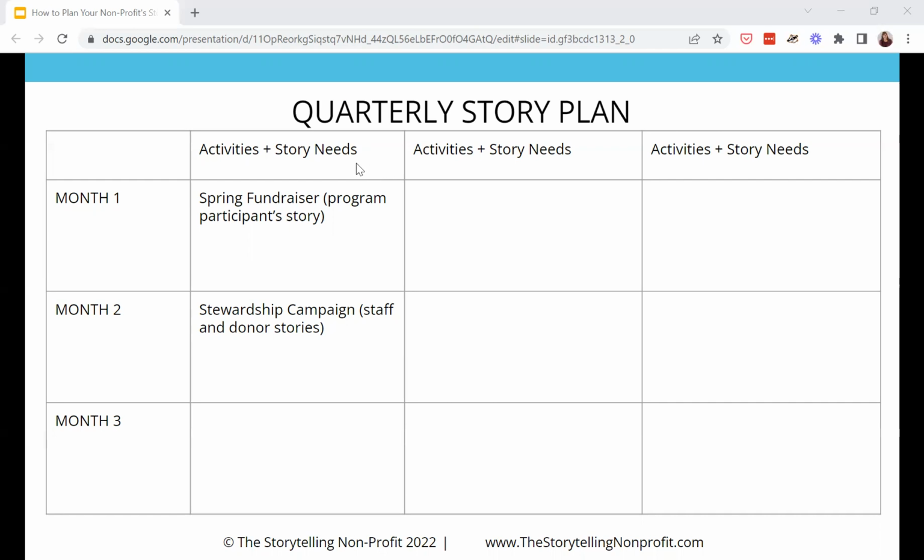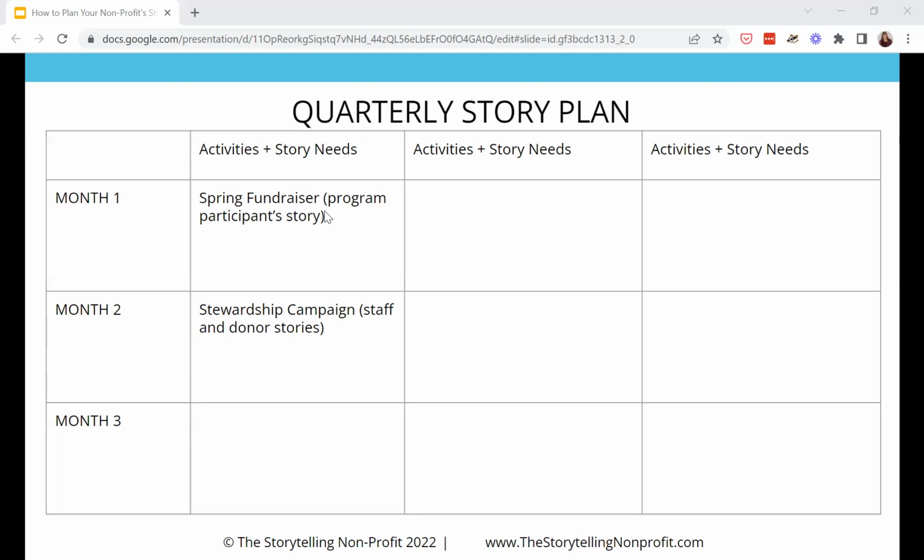Let me explain a little bit about the examples I have in here of activities and story needs, just to show you more about how this works and how you can make it work for your organization. So for example, in month 1, in the second row down, we have our spring fundraiser. And next to that in parentheses, I put a program participant story. I anticipate wanting to highlight somebody who's been in a particular program that we're featuring in the spring fundraiser.